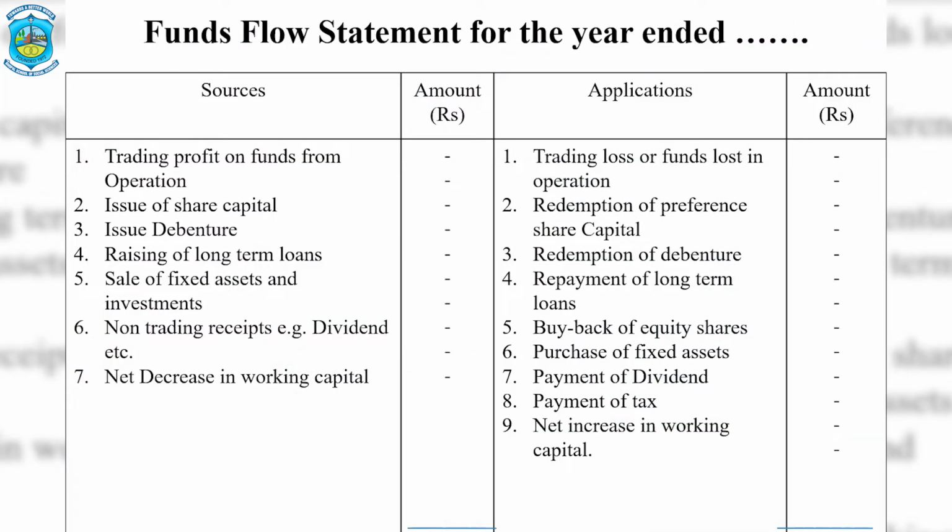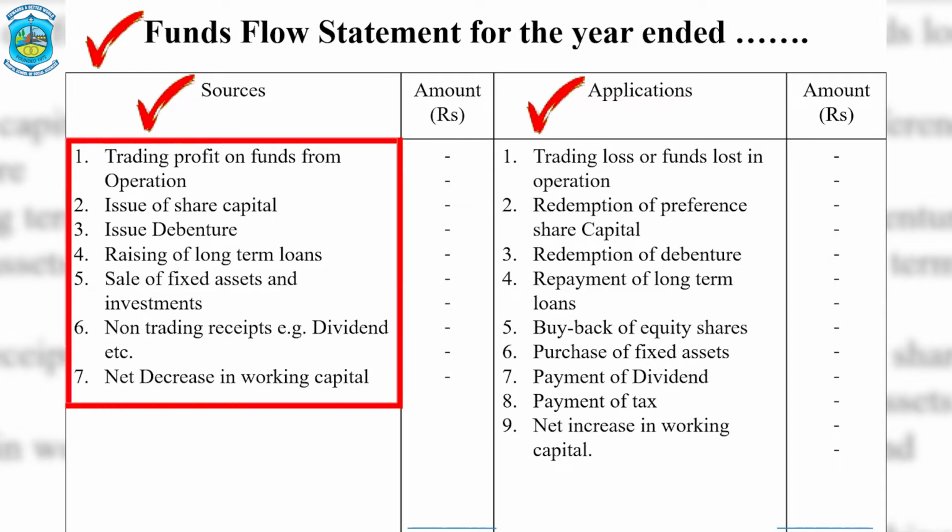So actually this is the credit side, and in this credit side we always put all non-operating and non-cash incomes. Now finally we will understand here the format of funds flow statement, in which there are two sides. First it is sources and second side is applications of funds. Here we will just find out how funds are coming in the business, being generated through all the activities in the business. So here first of all, this trading profit or funds from operation, we can also say this is our funds from operation, which is already calculated through this profit